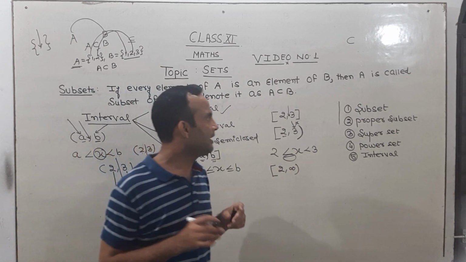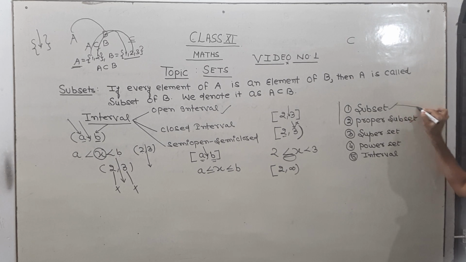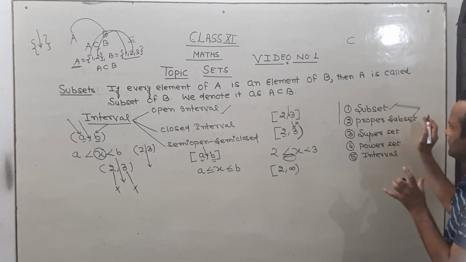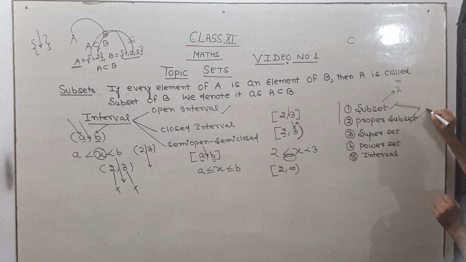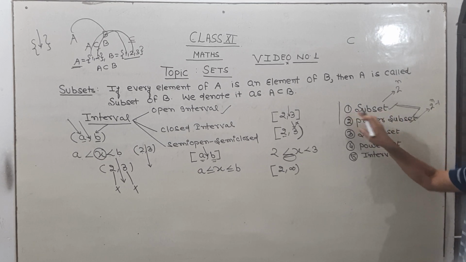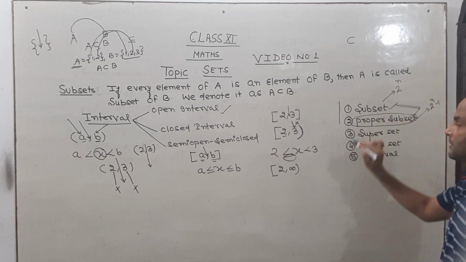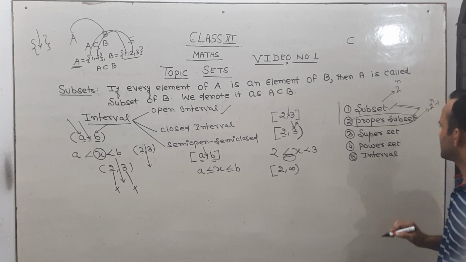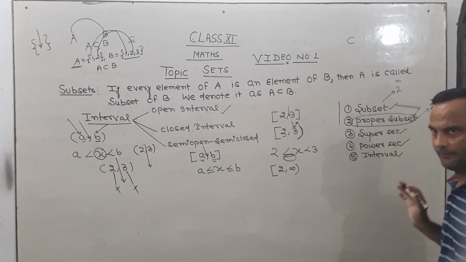Okay. So my dear students, now I hope that you understood well the meaning of subset and proper subset. There is a very minute difference, but you should know that difference. What is the difference between subset and proper subset? Now you know that the total number of subsets is 2 raised to the power n. The number of proper subsets is 2 raised to the power n minus 1. Every set is a subset of itself. Phi is a subset of every set. But the set itself is not included in proper subsets. Superset, power set: I have already cleared you the meaning of power set and the interval.